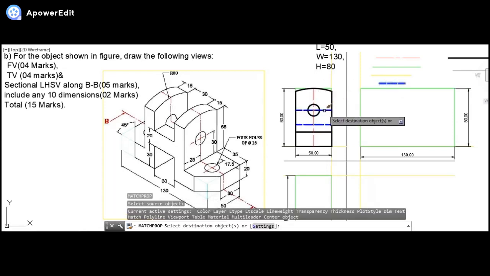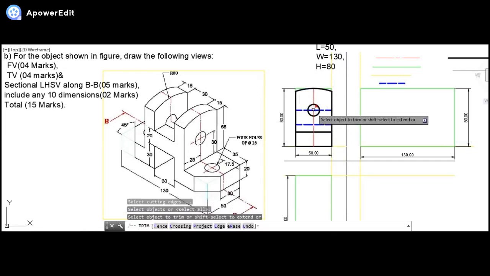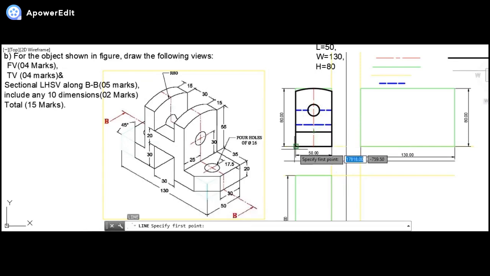So this will be hidden. Okay. So now as you can see, till here, these edges, this mid, nothing will be coming. So I will just be trimming out this part. Okay. Now to get this through slot and this edge, we will be drawing a line over here first of all, a dark line.